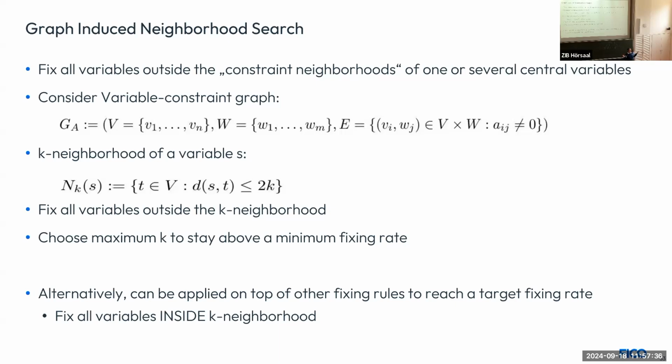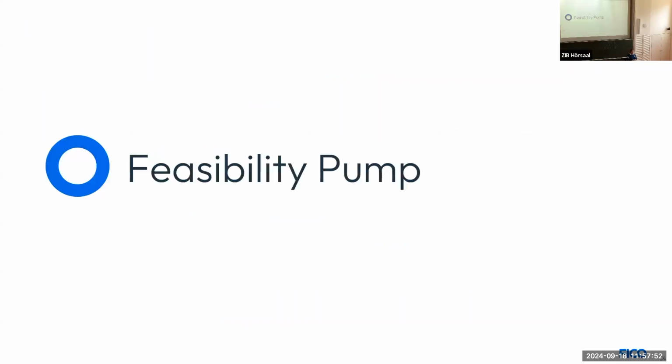Obviously, this can also be applied on top of other fixing rules. You take one variable with respect to your crossover logic, for example, and then decide this is a variable that you want to fix the neighboring variables as well. Okay, next class of